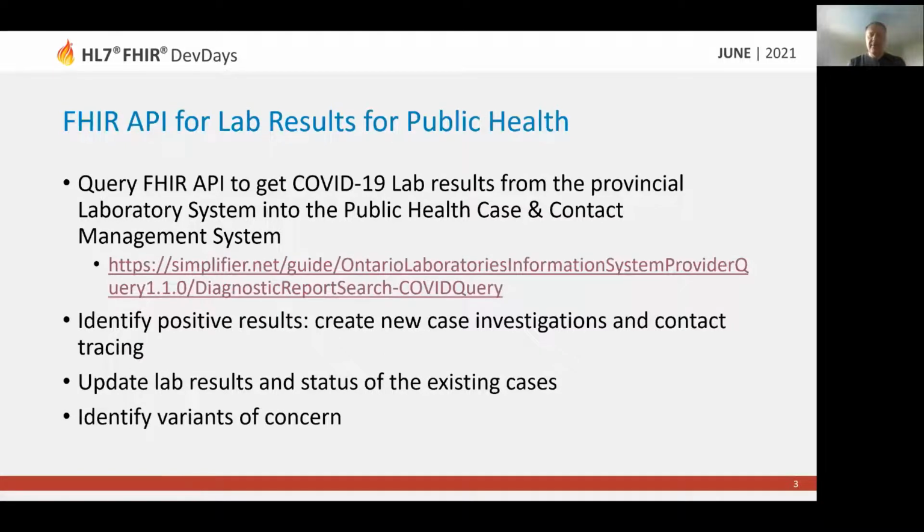So I will start with the business need for this first use of FHIR. We needed a way to get lab results for all COVID-19 tests into public health, so that public health employees would be able to perform investigations and contact tracing of all cases, and actually to create new cases as well. So we created,